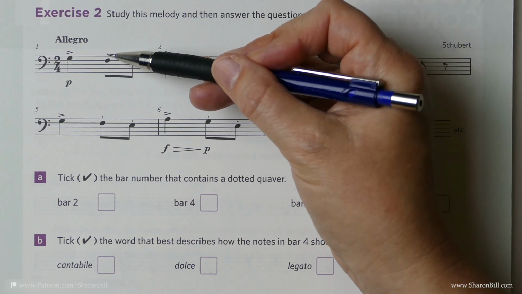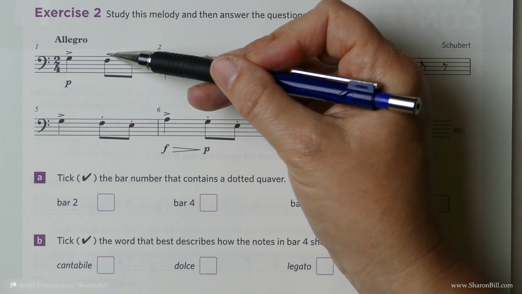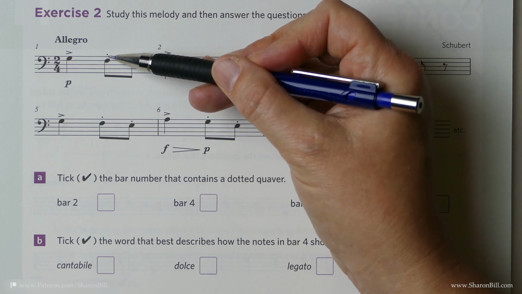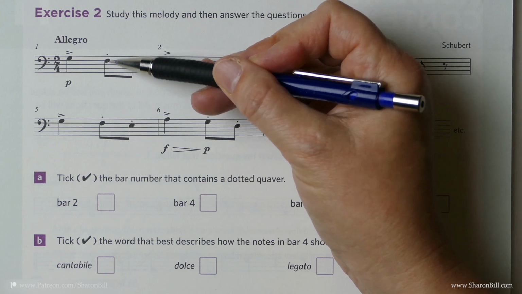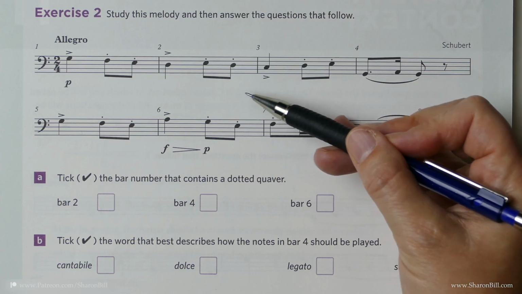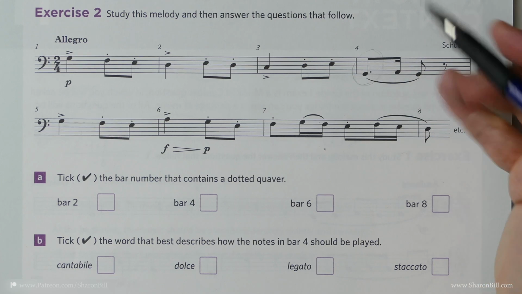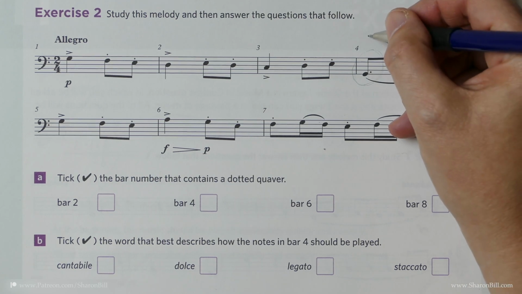Remember, this is an articulation marking. This means staccato. That's not a timing issue. That's telling us to play the note detached. We're looking for a dot after a note, not above it. So it needs to be placed correctly. And so here we have a dotted quaver. And that means, if you think a quaver